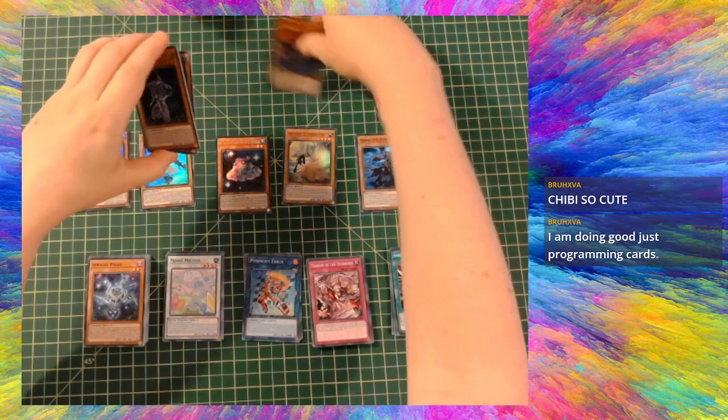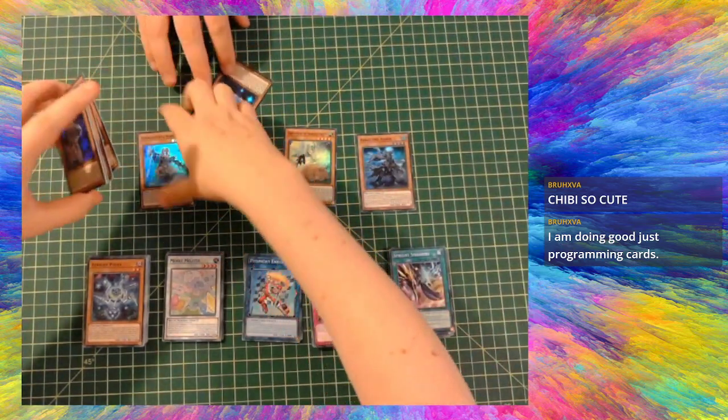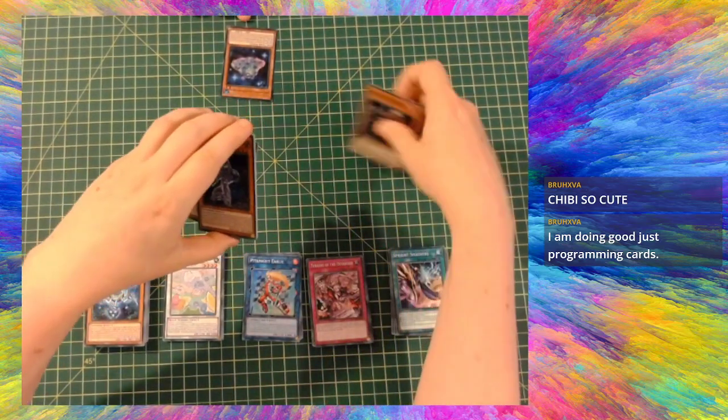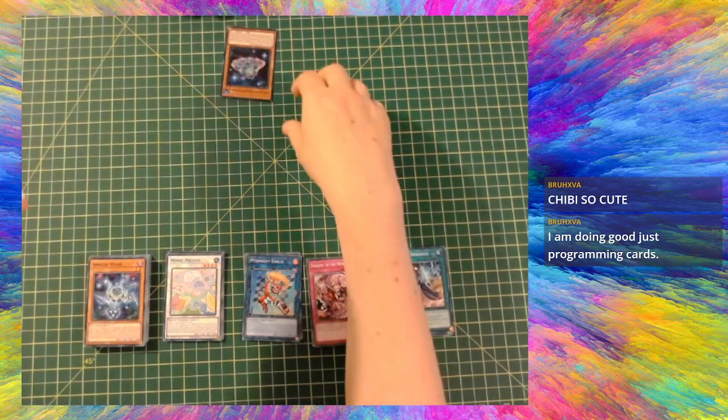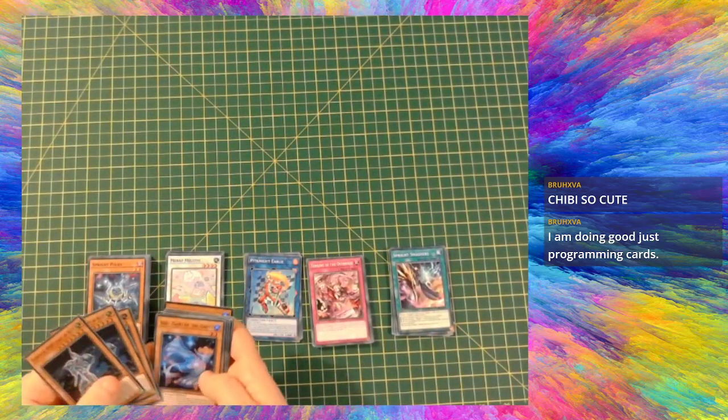I mean this card, if you've got the level 6 in your hand, is really good. You normal summon it, banish it with its own effect, special summon that fish. And then I think the level 6 allows you to basically special summon the...